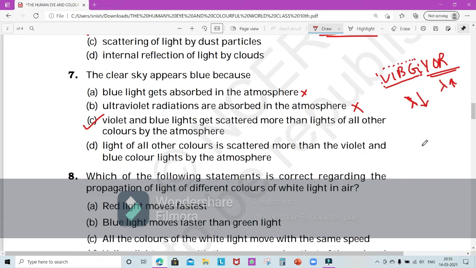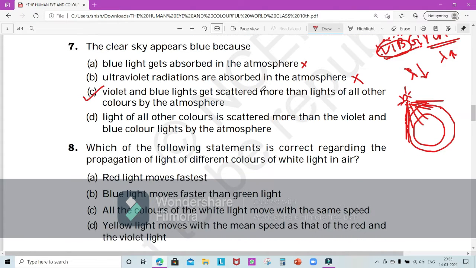When they scatter the most, over here, let this be the earth. So the white light is entering through the atmosphere. When they scatter the most, it'll be blue all over, and violet, indigo and blue, these three colors almost appear the same as blue. Our eyes capture it as blue only, it can't differentiate much. So you'll find blue as the color of the sky. So that's the reason, and hope it was conveyed.